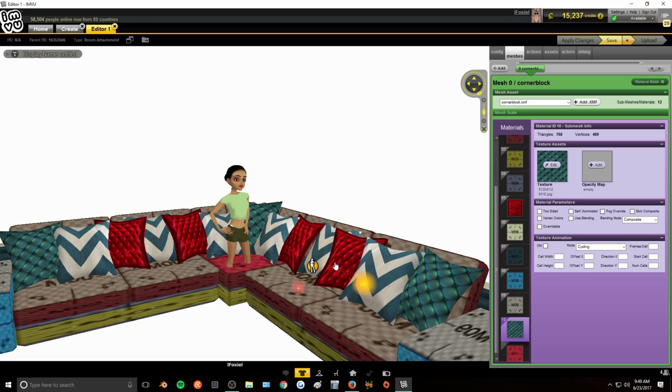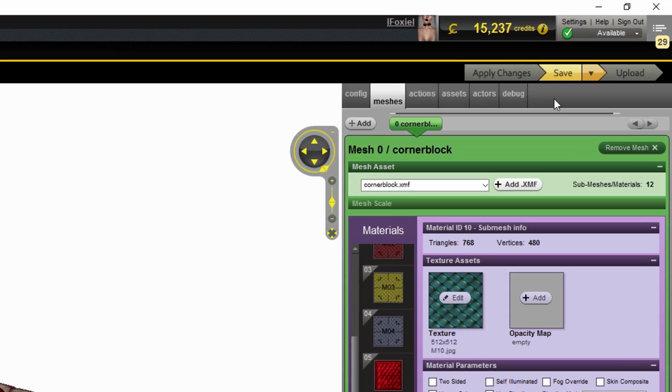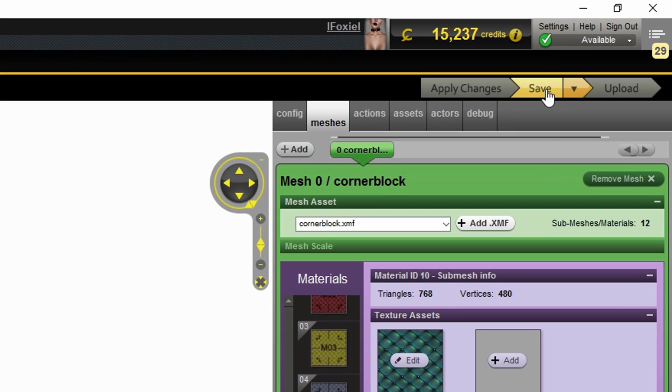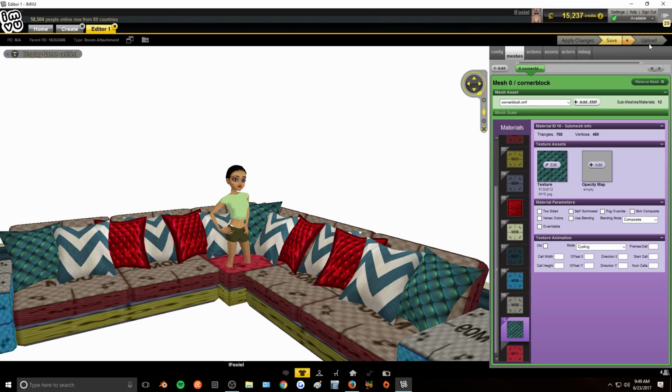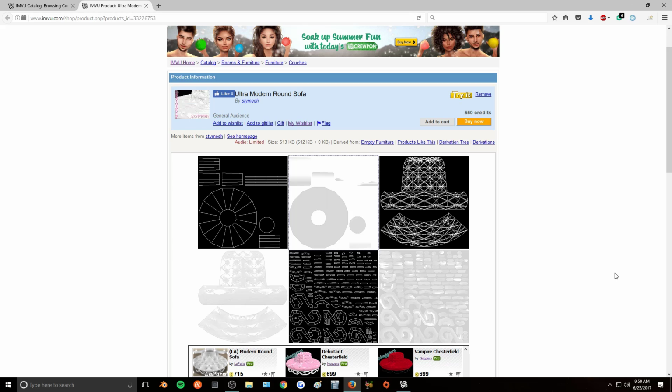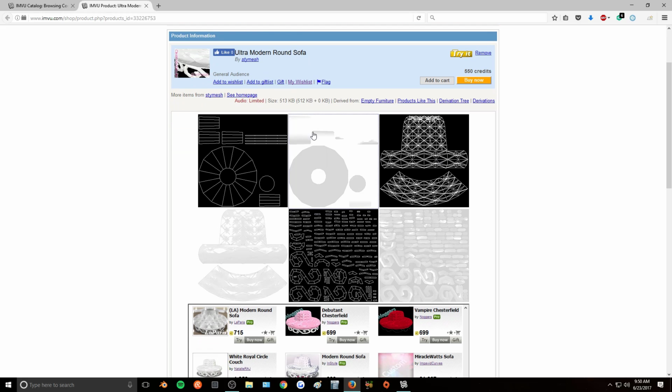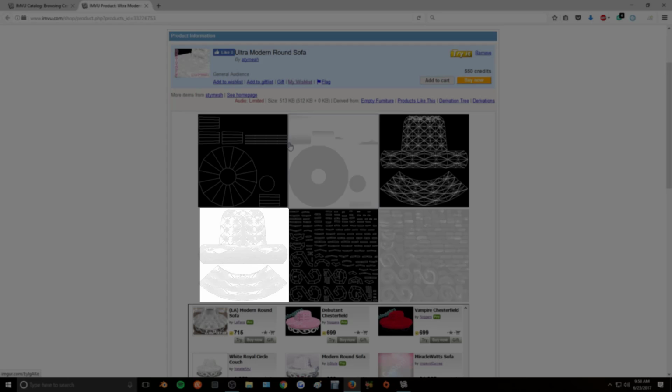Once you were happy with the product that you made, you would go up here to the top right and click on Save and save it. And then you would upload it to the shop. Now the second way that you can create furniture is when a product actually gives you the texture maps used for the product itself. So for example, this ultra modern round sofa actually gives you the texture maps used to